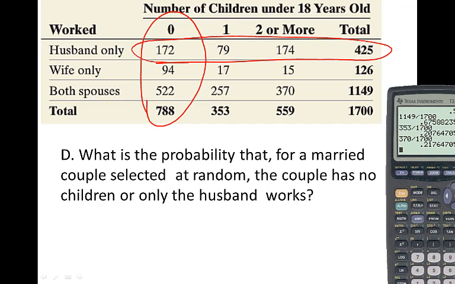Okay, so we need to add this up, right? So we have a total of 788 where the couple has no children. So 0 children, 788 out of the 1,700, plus, or the husband works, which is 425,